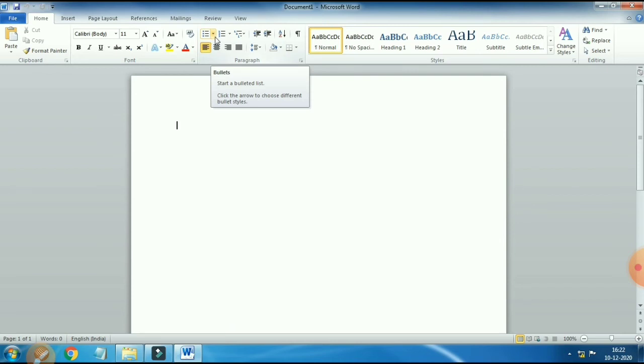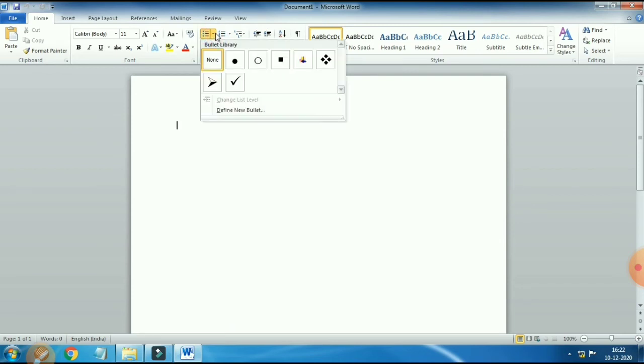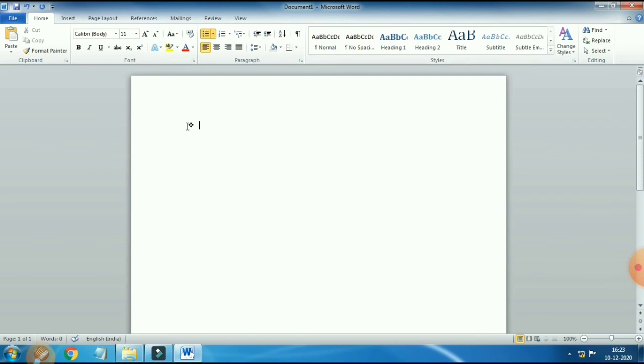Bullets sets a bulleted list and makes a list of items. These are the available bullets that you can see on the screen, and this is the cursor. When I select any bullet, that design will apply to my document. I am clicking on this, and you can see it is now available in our document, and the cursor moves after it. Now I am making a list.